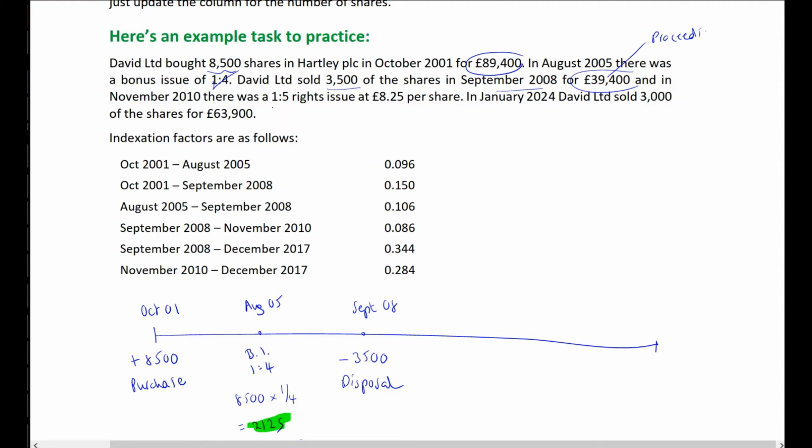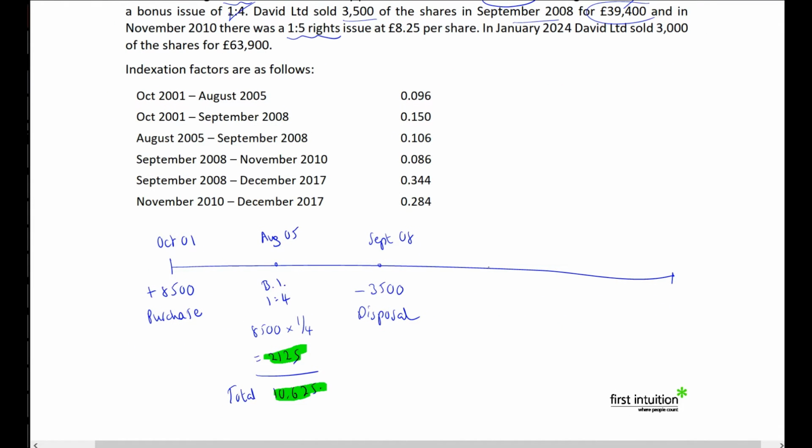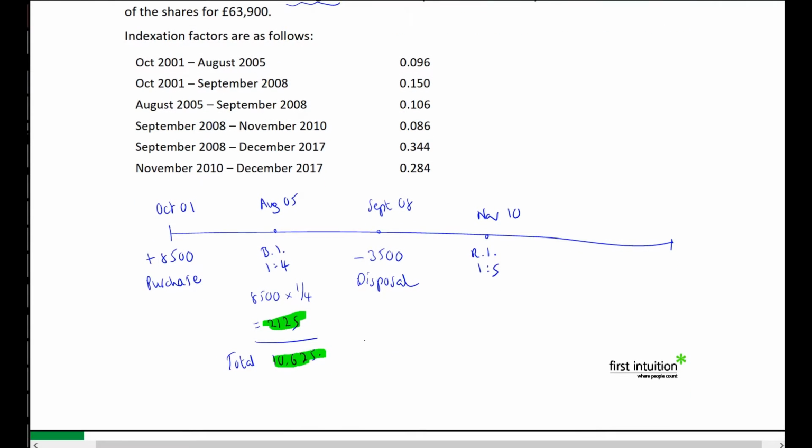And then in November 10, there was a 1 for 5 rights issue. Oh my goodness, something else is happening now. So let's go to that one, November 2010. There is a rights issue, and the rights issue is 1 for 5. So what does that mean? Well, it means for every share that we owned at this point in time, every 5 that we owned, we get one extra. So I'm now in a position where I had brought forward 10,625 shares,